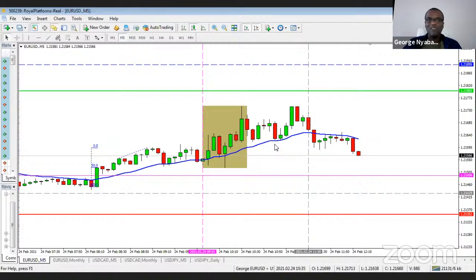Because I do this quite often, it gives us an indication of what's happening. Now, it does not necessarily mean that the moment I see a 20 pip move, I start to take trades. But my mind is now geared up